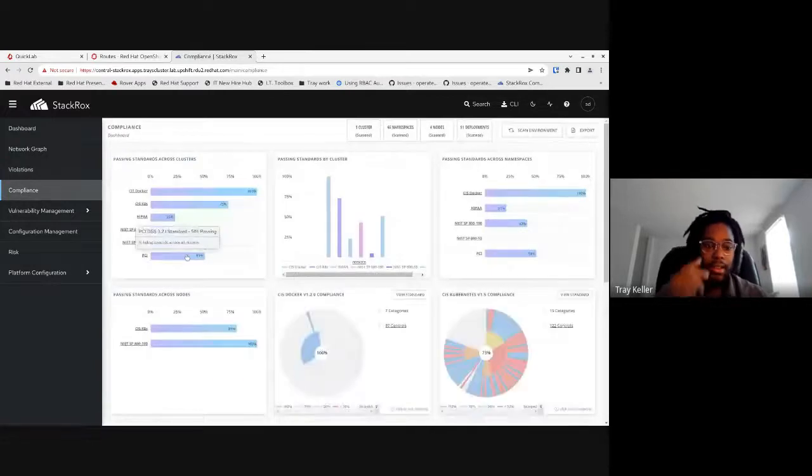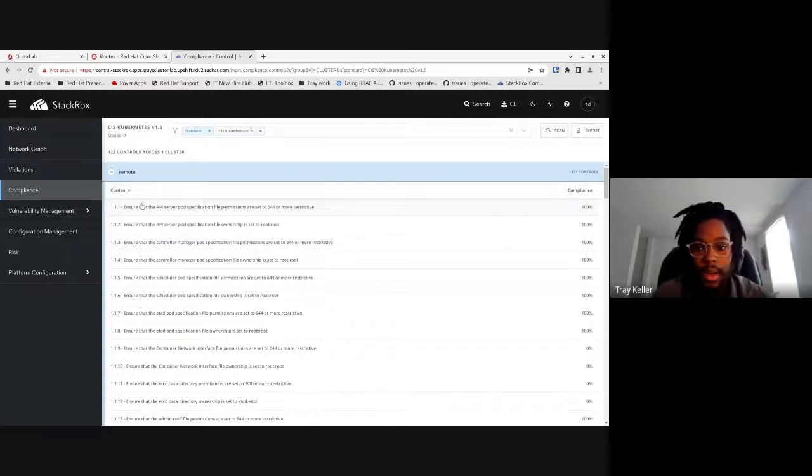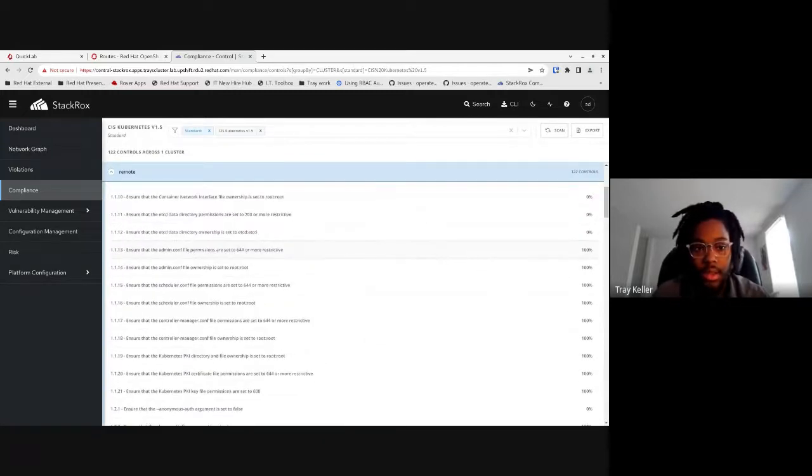In the compliance section of StackRox, you can see that it meets the CIS Docker compliance guidelines by 100%, but it doesn't pass the CIS K8 compliance guidelines completely. It's passed by 73%. But what you can do is go inside here and see what is going on. For example, it shows right here one of the things that is not set on this cluster: we didn't ensure that the container network interface file ownership is set to root,